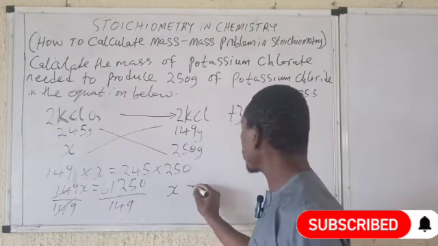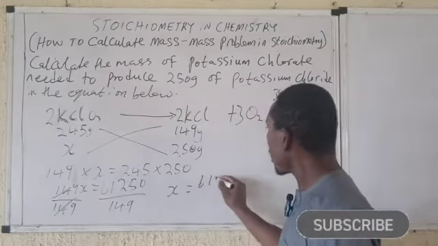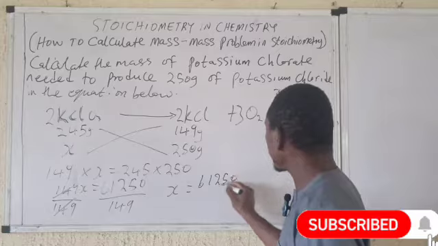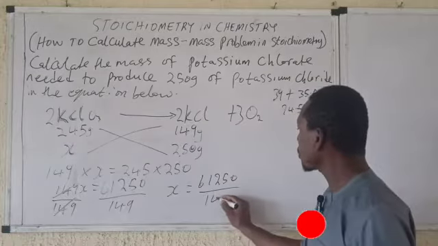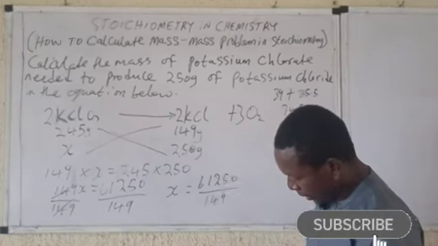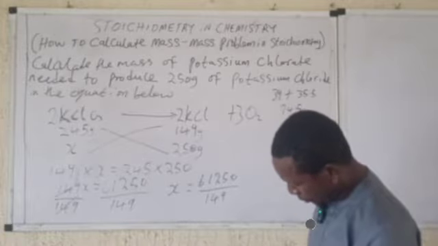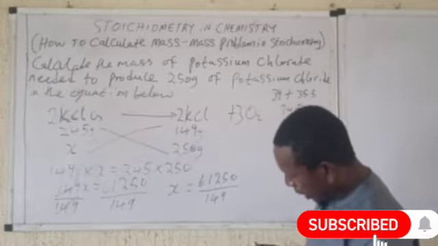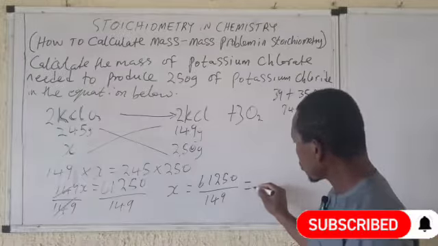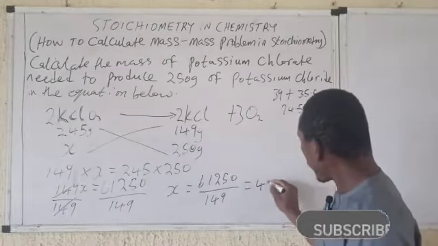We now have x is equal to 61250 all over what? 149. So divide it by 149. And our answer is what? x is equal to what? 411